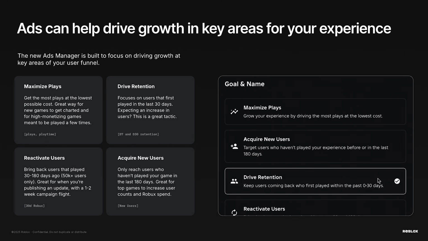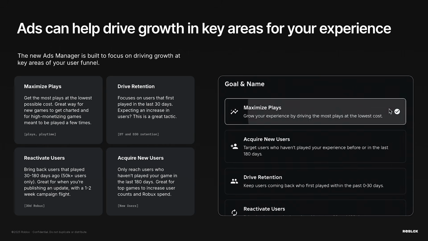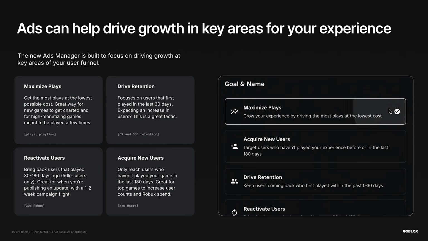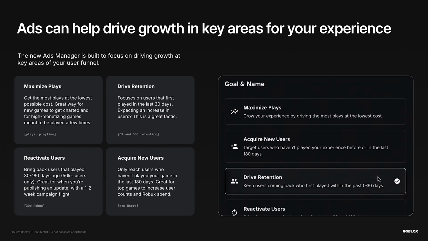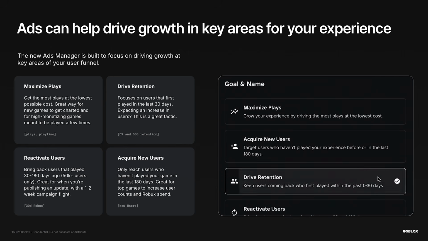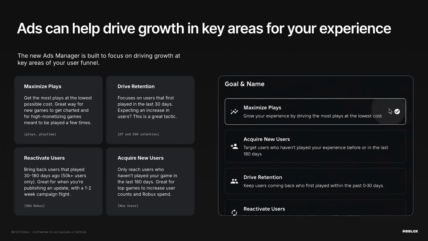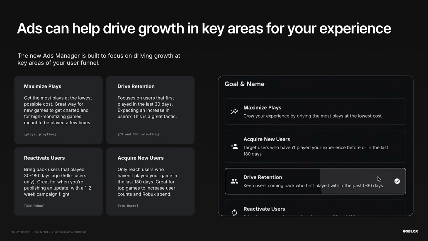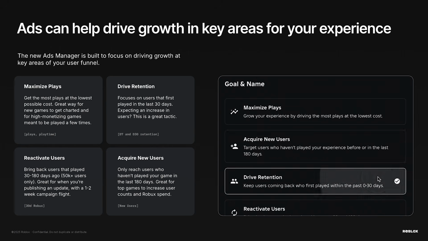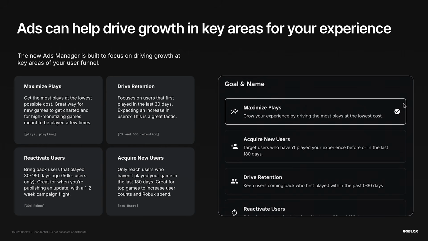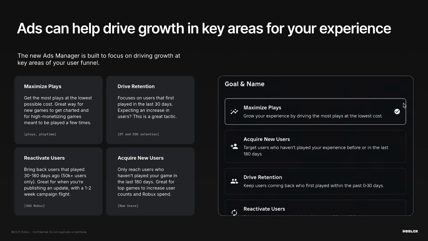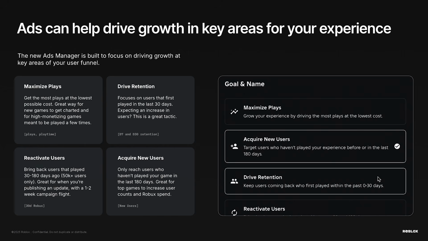Then, as my CCUs picked up and my new users picked up, and I started to get charted and picked up by the home recommendation algo, I started to build a strategy around how I ran ads. Again, 6 months ago, I didn't really have a strategy, I just drove visits. But now I've been able to build a strategy. I know I'm getting 5,000 new players per day, just a small game, from the home recommendation algo. But I personally wanted to try to get that up to 10,000 new players per day.